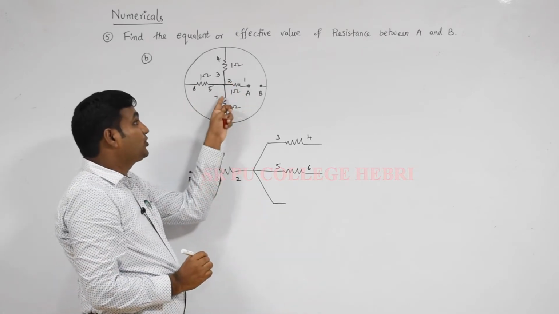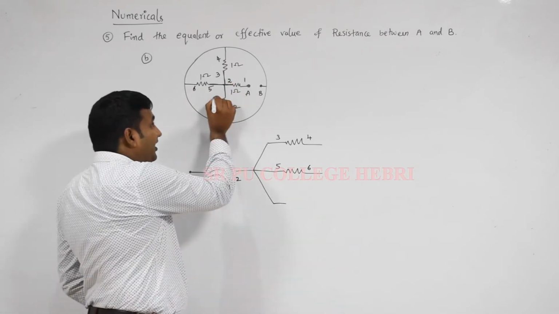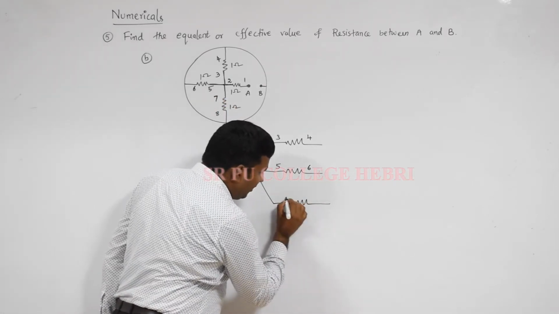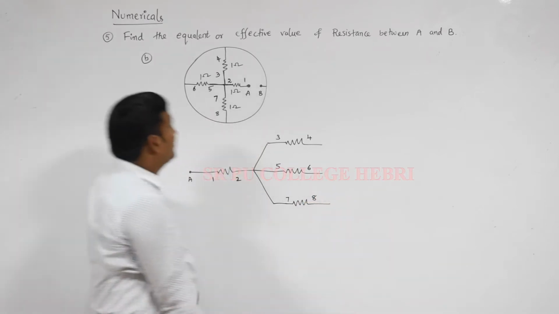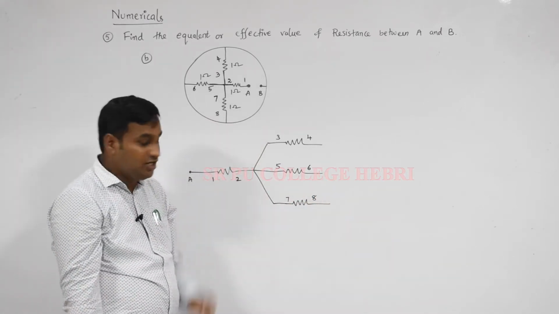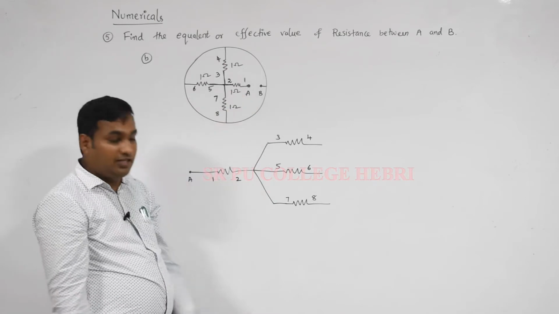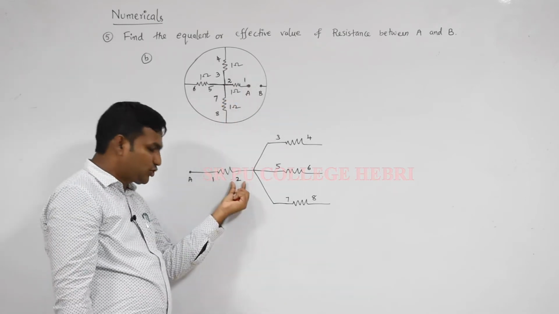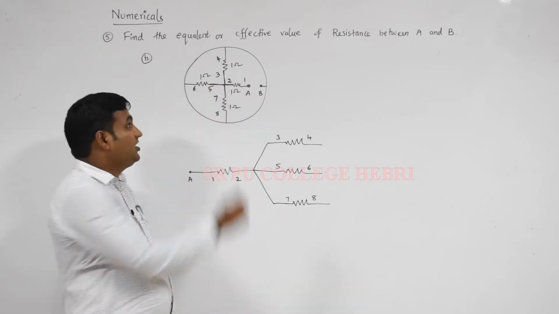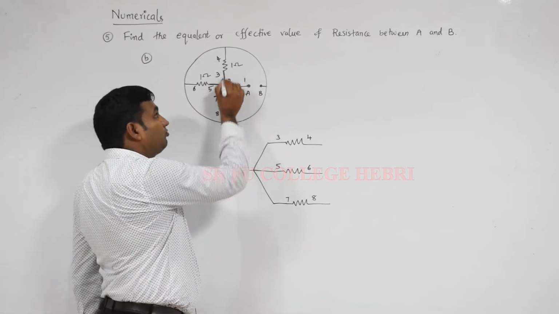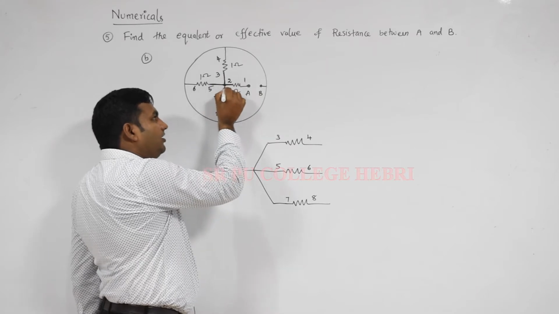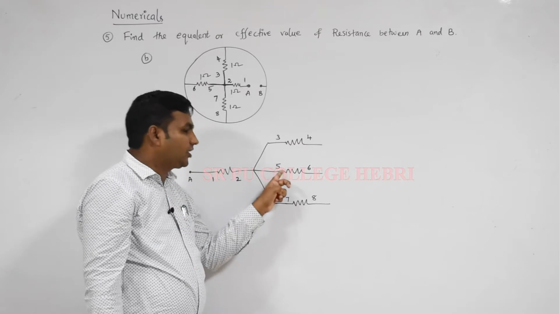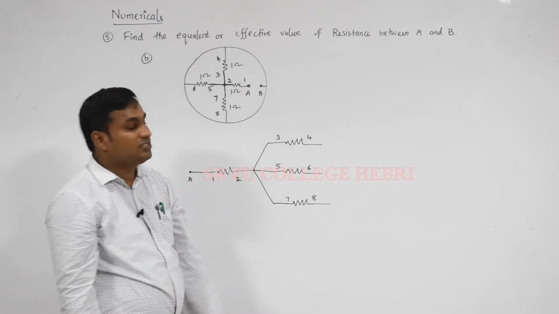Again terminal 2 is also connected to one more end. It is nothing but end 7. It connected to end 7. Opposite part of that is end 8. Just check, I have started from A. A connected to 1, again opposite terminal is 2. The 2 got a 3 option. It is nothing but terminal 2 connected to 3, terminal 2 connected to 5, terminal 2 connected to 7.